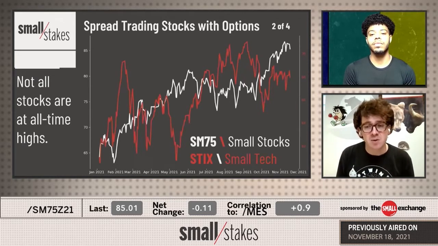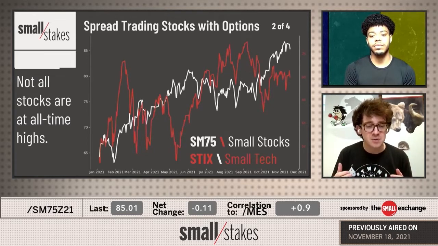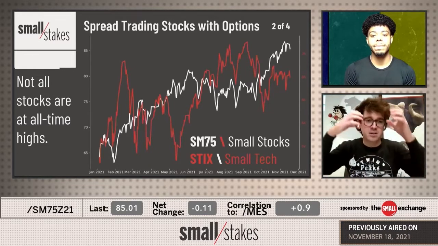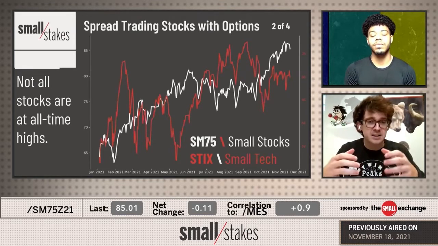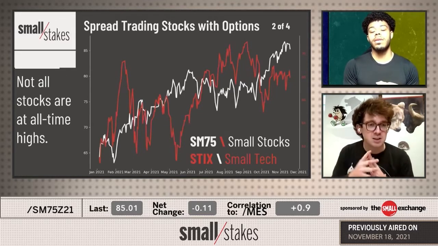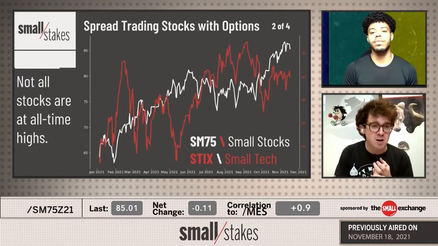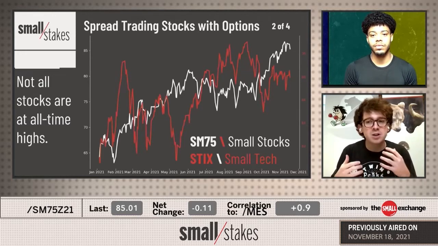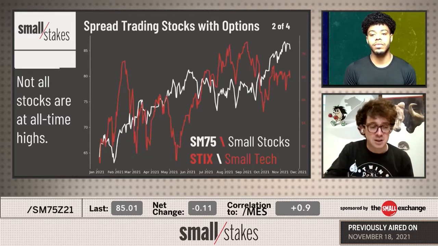Now, what I like to do is, if I'm going out into futures with the idea of spread trading, I'm going to look either at equities, or interest rates, or currencies, or commodities, and try to pair things up in terms of some of the greatest divergences. So you look at small stocks, small tech, NASDAQ, Russell, Dow, all these different markets, and just ask, okay, what is showing a pretty decent divergence? And right now it is the small tech versus small stocks in general.